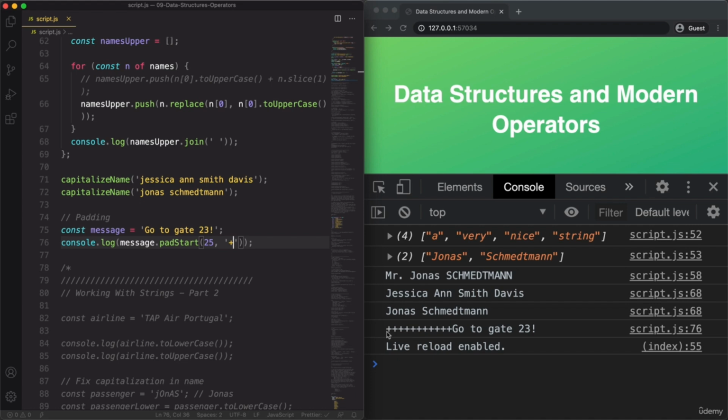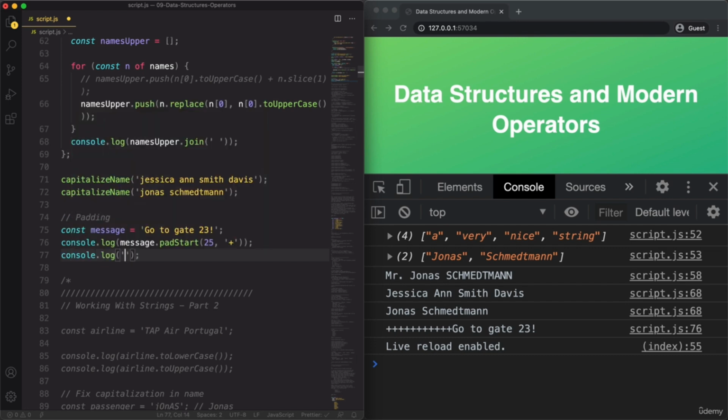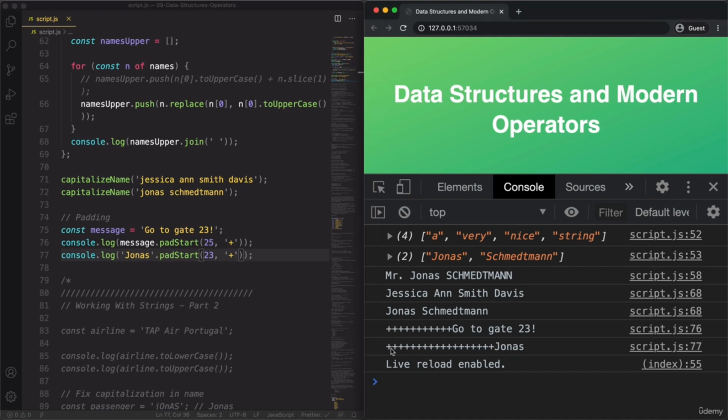Okay. And so you see that it added all of these here. And so now the length of this entire string here should be 25. Okay. So let me show that to you with another string here. So if I said Jonas and then the same, you would see that it would add a lot more of the plus signs because the initial string is shorter. So you see, we have a lot more pluses now, but in the end, the string is also 25, or